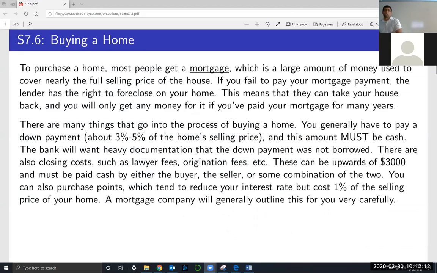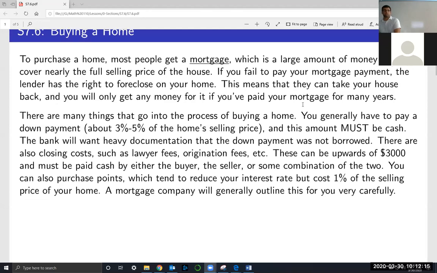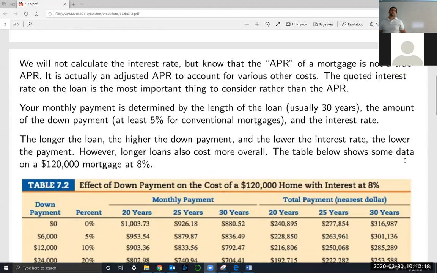So here we go. Like I said, there's a lot that goes into this. We're not going to calculate the interest rate, but know that the APR of a mortgage is not a true APR like we dealt with in the past. It's actually an adjusted APR to account for various other costs. The quoted interest rate on the loan is the most important thing to consider rather than the adjusted